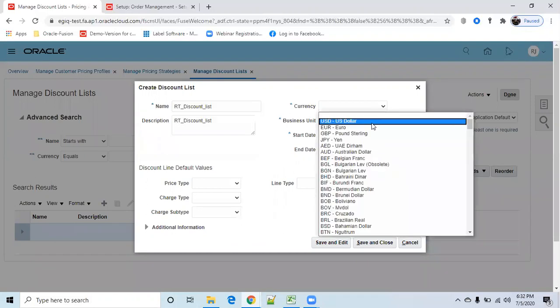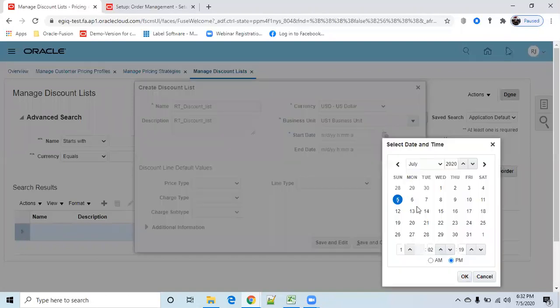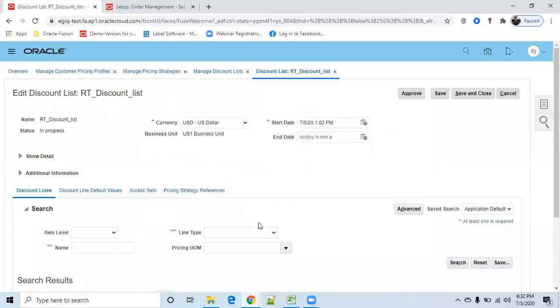The currency is the same, and the business unit is also US1. All prices we are calculating are business unit wise. The price type, all, one time, recurring, you can keep as blank, and click on save and edit.